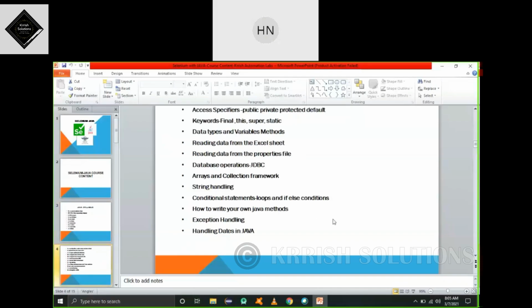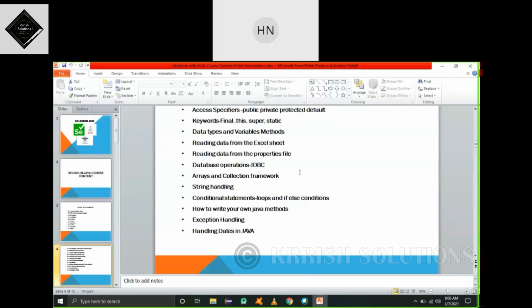Access specifiers, keywords, data types, variables, reading data from the Excel sheet, reading data from the properties file, connecting to the database, JDBC-related things, and arrays and the collection framework, which is a different topic. This is related to data storing, like how we store data using a programming language in the form of arrays and collections.